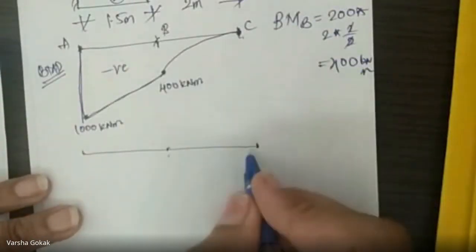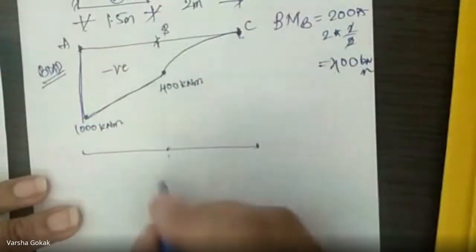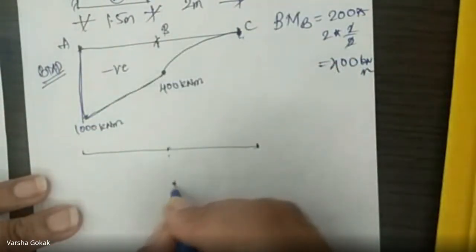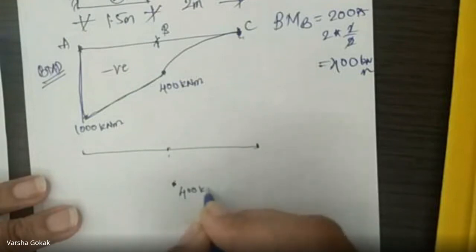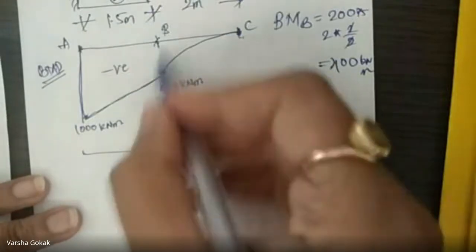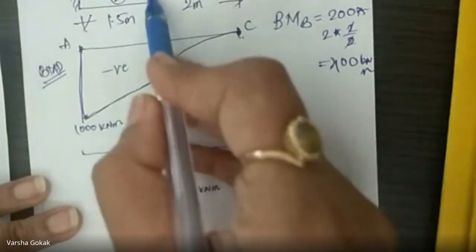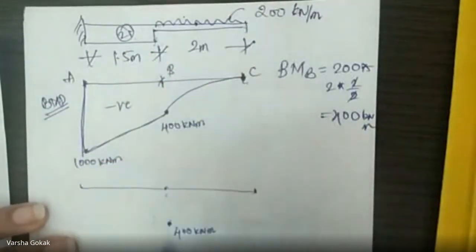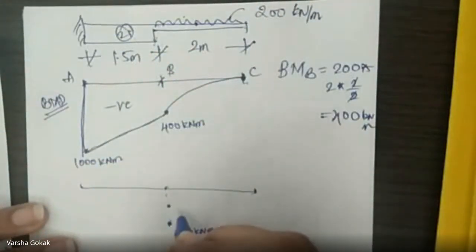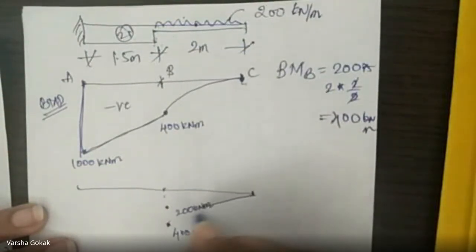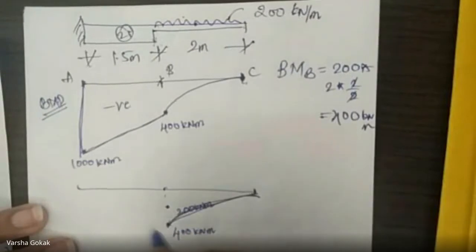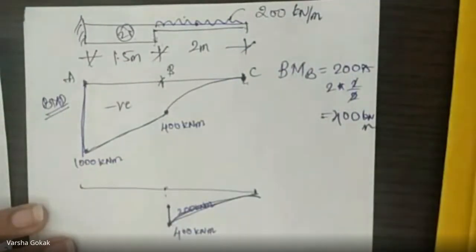At this point, I'll have two values. One is first 400. So let us show first 400. This is 400 kilonewton meter. And then 400 by 2, because here only at the same point 2I has happened. So 400 by 2, that means I'll have another value of 200 kilonewton meter. I get two values. So this will be a parabola, and then this goes up as a straight line, right?